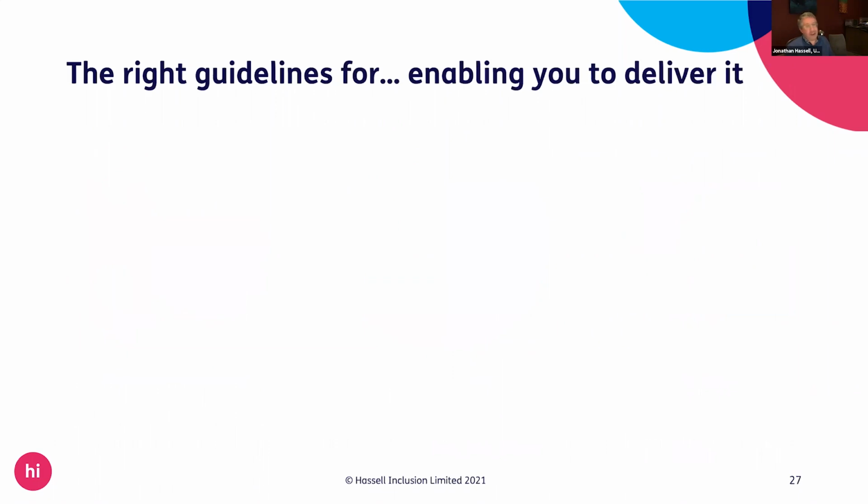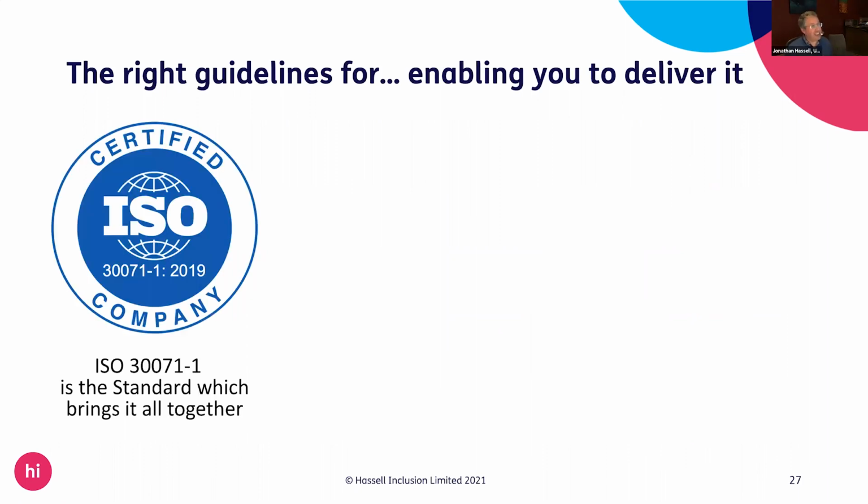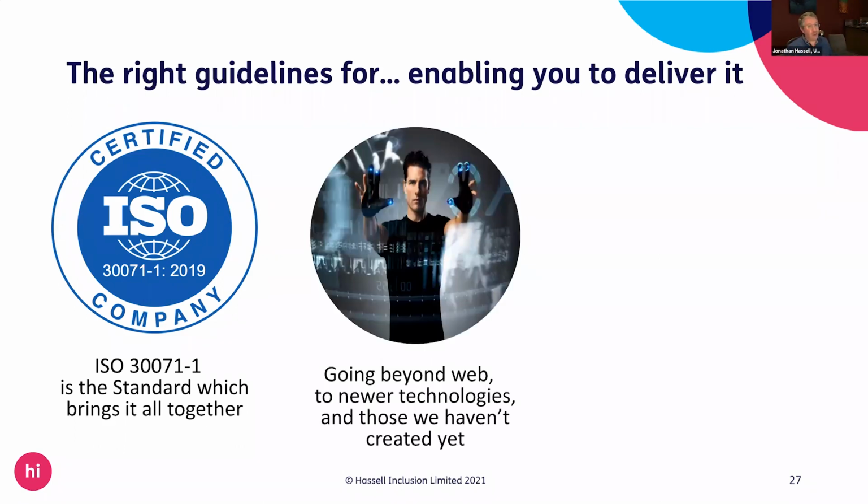And then finally, the right guidelines for enabling you to deliver all of this stuff. So if we've looked at the technical guidelines, how do you get your teams to do this? Well, as I say, that is the ISO standard that we've been talking about. And the reason I know about all of these different standards, the technical ones, is because ISO is the one place that pulls them all together and says, actually, you could be creating all sorts of digital things. How do you pick the right ones for the product that you're creating?